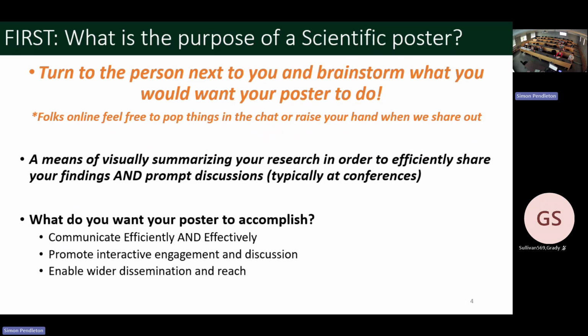You don't have half an hour with every person, so you need to be efficient, but you also need to be effective, right? And that can be a really tough balance to strike sometimes. You want to promote interactive engagement and discussion. That is one of the really cool benefits of a poster: you get to have these very close one-on-one conversations with people and enable wider dissemination and reach of your